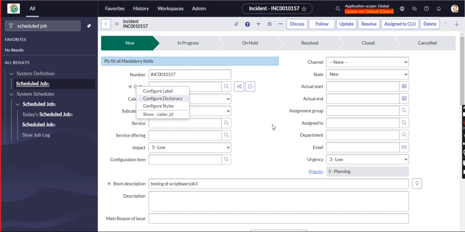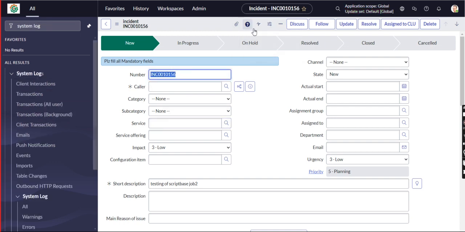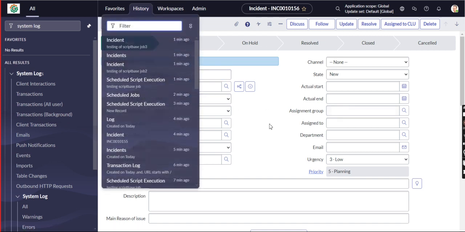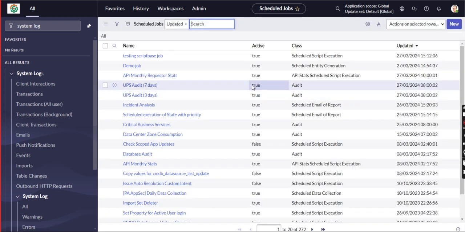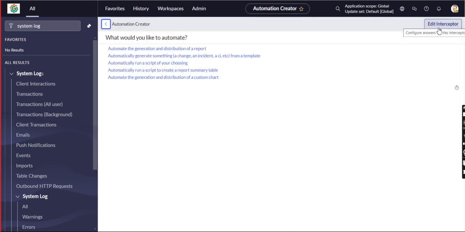Caller ID, it's correct. Okay, let it be. So whatever details you have mentioned in the particular scripting, all of those are reflected in our record. So that is the third type: automatically run a script of your choosing.